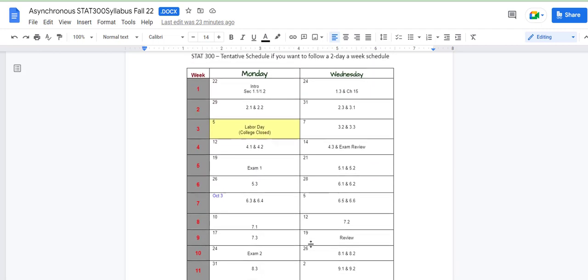The flexibility that a fully online class offers you is that this is a Monday, Wednesday schedule, but you could turn this into a Tuesday, Thursday schedule, a Tuesday, Wednesday schedule, or a Friday, Saturday schedule. Just whatever your availability, your life and work provide, adjust the schedule to that